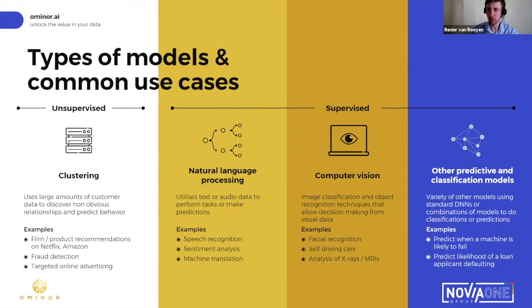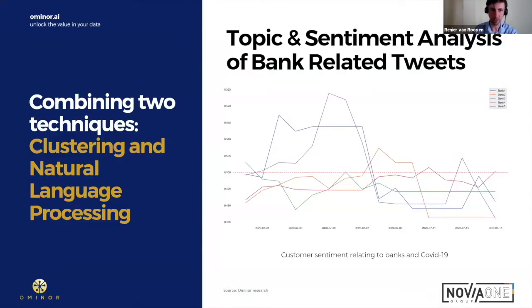So this has all been quite theoretical, and I'm going to get into two examples. The first one is quite straightforward, and the next one a bit more complex. In this first example, I took clustering and natural language processing, and I quite like to monitor sentiment and to monitor what's being talked about in the news and on Twitter. Amongst one of my many data sets, I recently pulled some data on how people feel about some of the banks in relation to various topics.